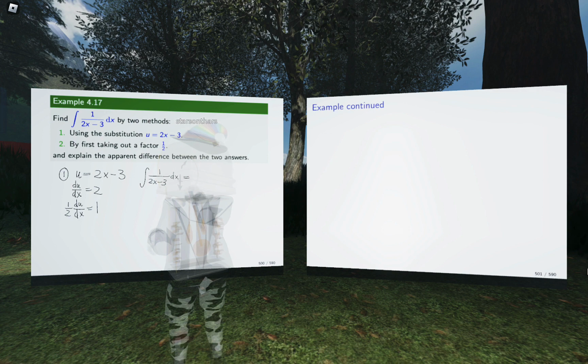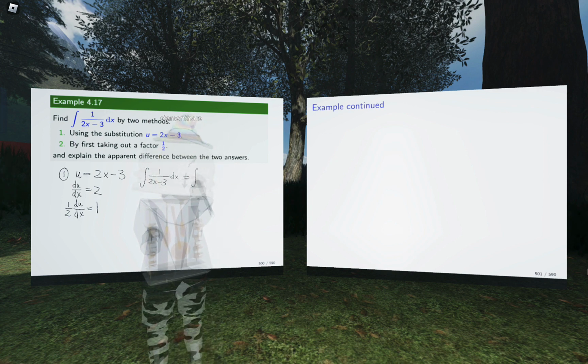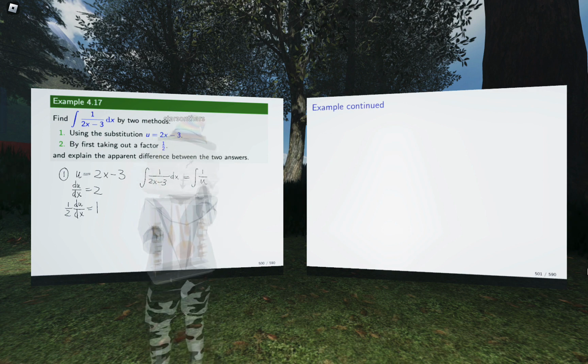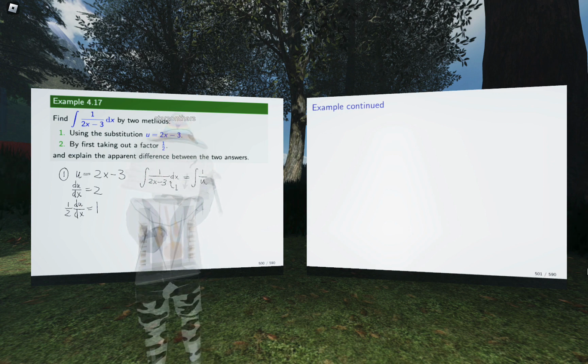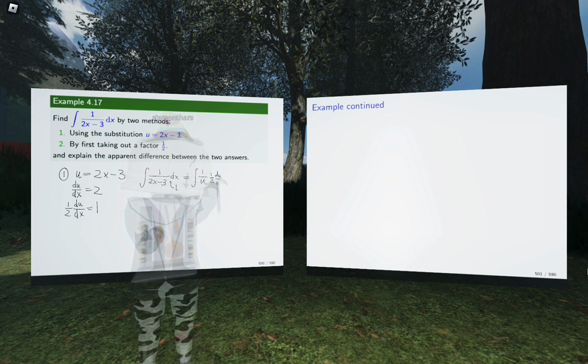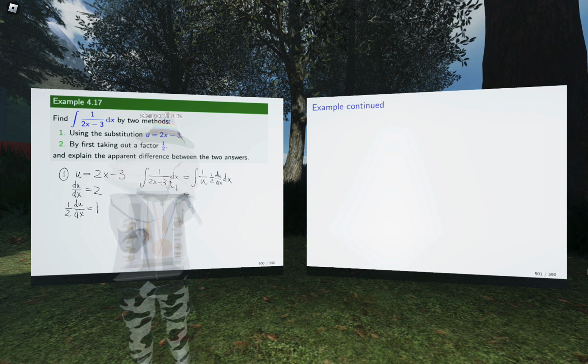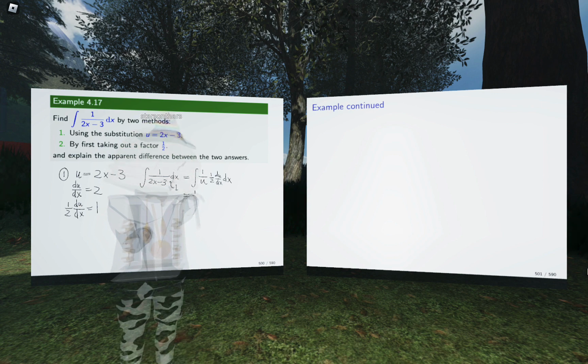So this gives me 1 over u, and as usual I imagine secretly there's a 1 in there, and that 1 becomes a half du dx, dx, which is a half 1 over u du,